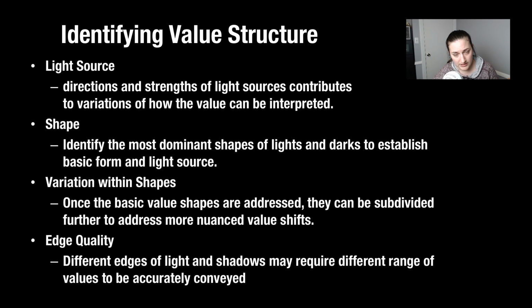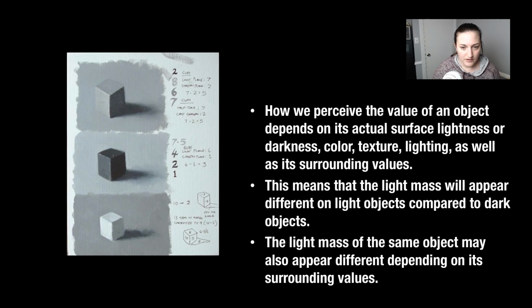And then we have edge quality. Now, different edges of light and shadows may require different ranges of value shifts or values to be accurately conveyed. So we're going to talk about edge quality here in a second. How we perceive the value of an object depends on its actual surface lightness or darkness, color, texture, lighting, as well as its surrounding values. So the actual value,